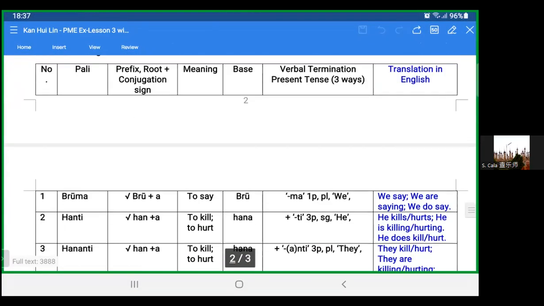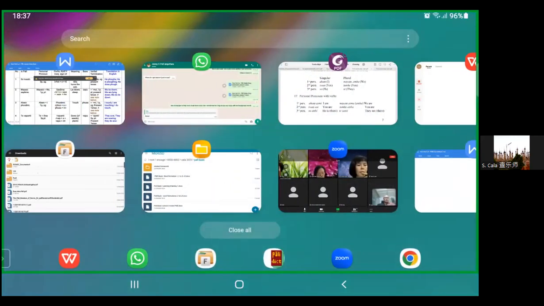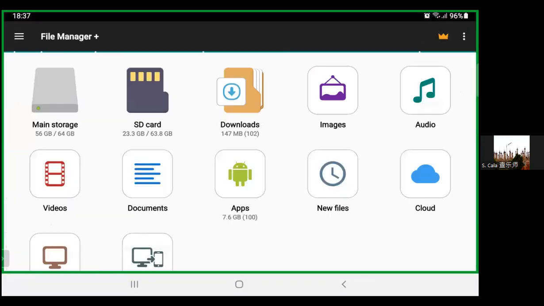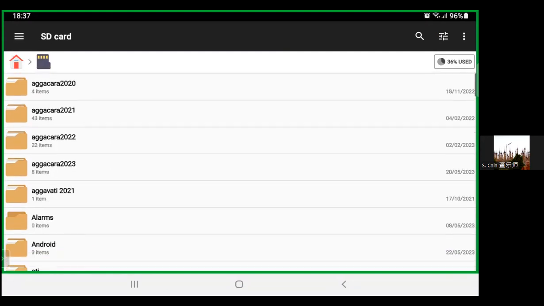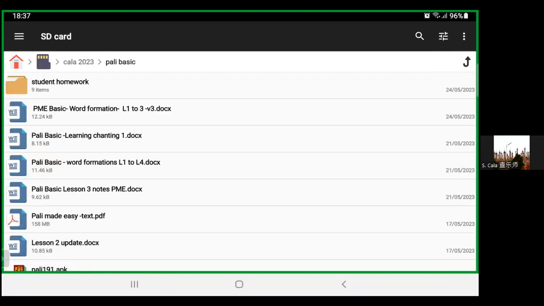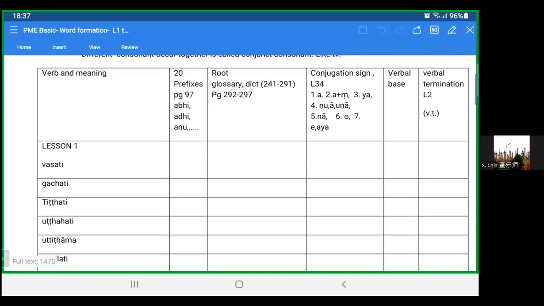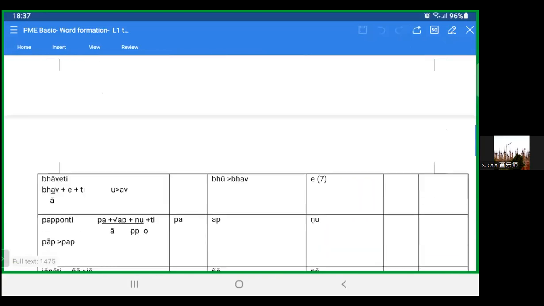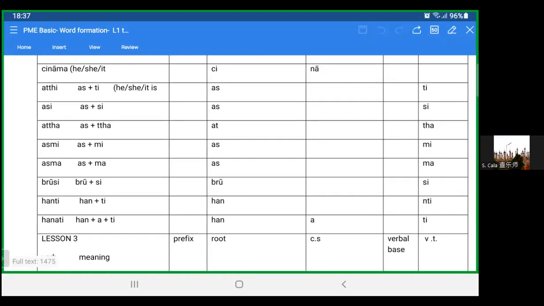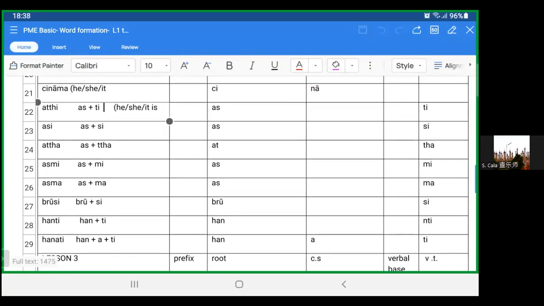Okay, so this is lesson 3. Where's my file? Okay, so I'm supposed to show you all. Remember last time we were trying to do the analysis. I think in lesson 1 I already showed you all, with the Huiling one. Lesson 2 we already did. Okay, lesson 3 last week. This one, Ati Santi. Huiling also wrote some notes already.